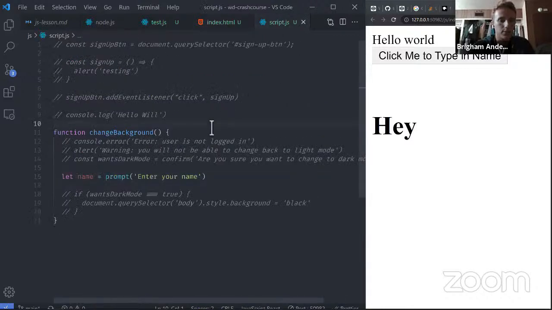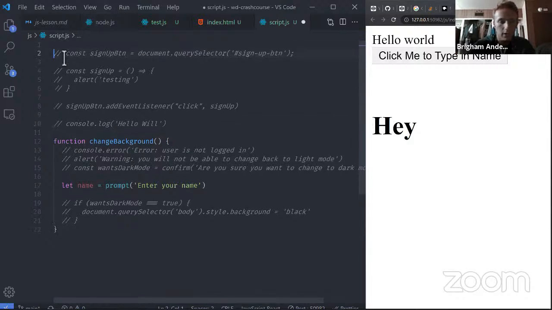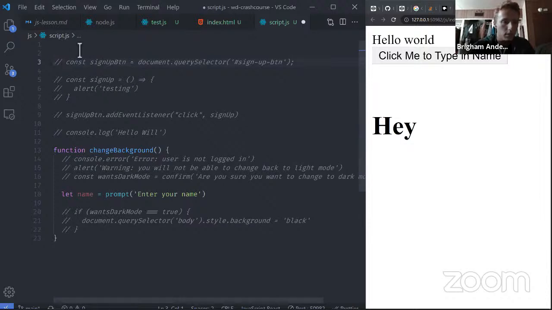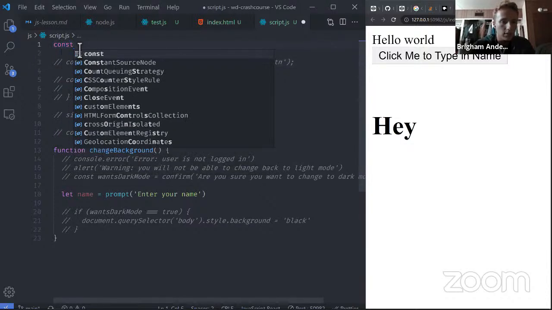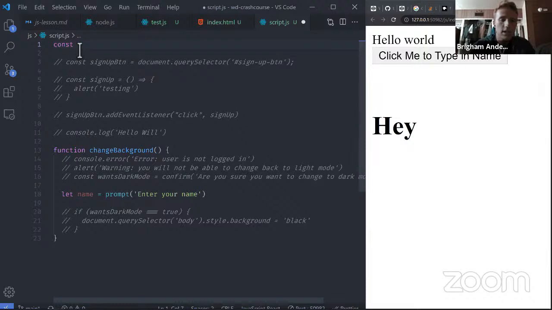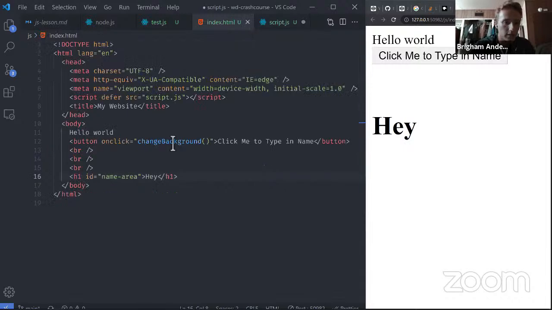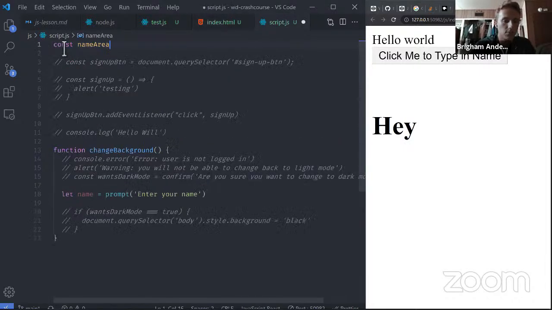And then here in our script, if we go up to the very top, we can start to grab elements. So here commented out was a little example that we won't get to today, but if you just say const, and then you just say the name of a variable. In our case, we're just going to say name area. So similar name, except we're going to use JavaScript, which is just lowercase like that. And then say